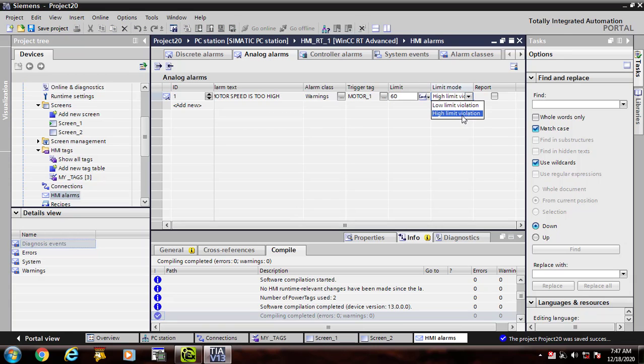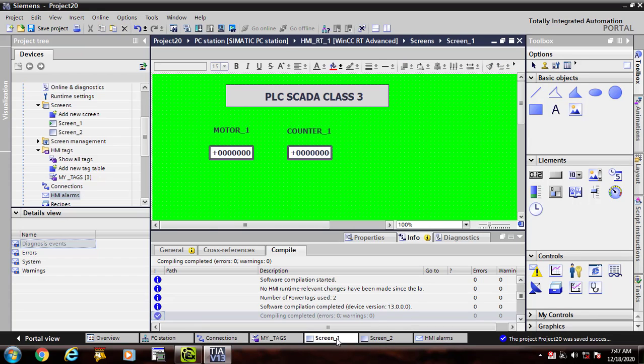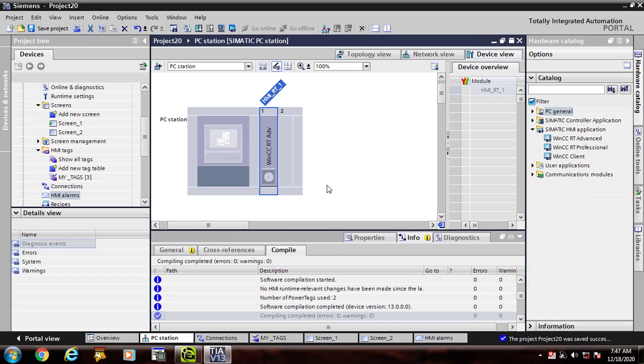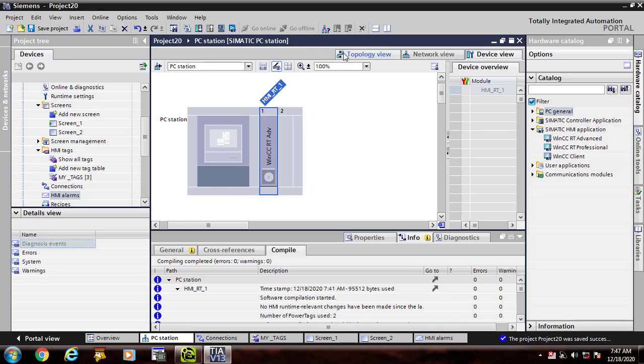When it crosses its 60 limit, the alarm will be displayed on my screen and it will sound also and will display its text that motor speed is too high. If you have connected a buzzer with it, it will sound very high to make everyone attentive.